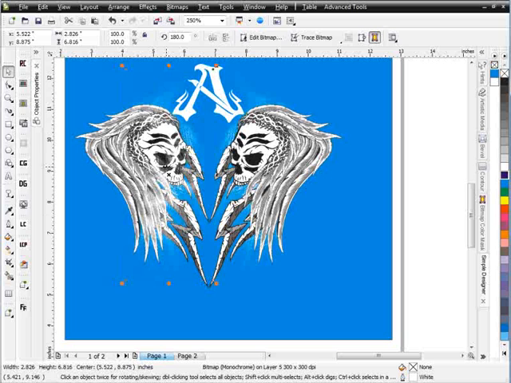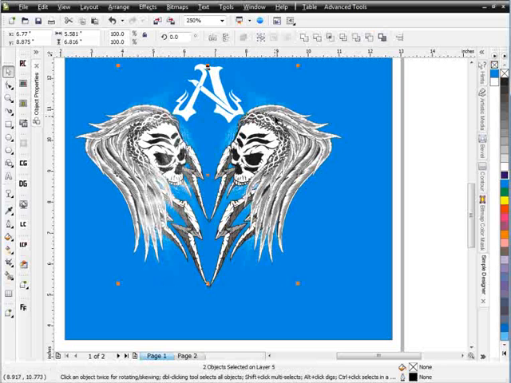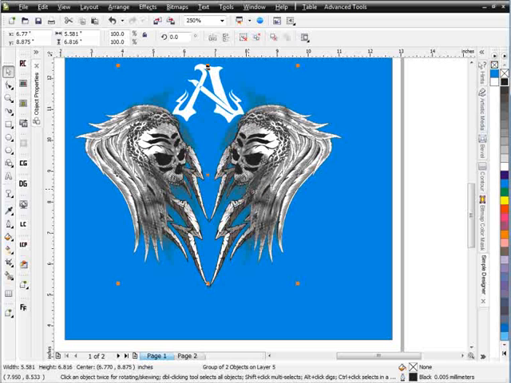So it's matching the effect that's going on with the other side. I'll take these two here, and I'm just going to group these. That'll bring them both to the front so I can start to work with them. I'm going to fill them with a black just for now so I can see where the effects are going, how they're working out, and how I want to bring them in and position them so they'll be pretty much identical. Now I'm going to copy and paste several times until I get a little bit darker,